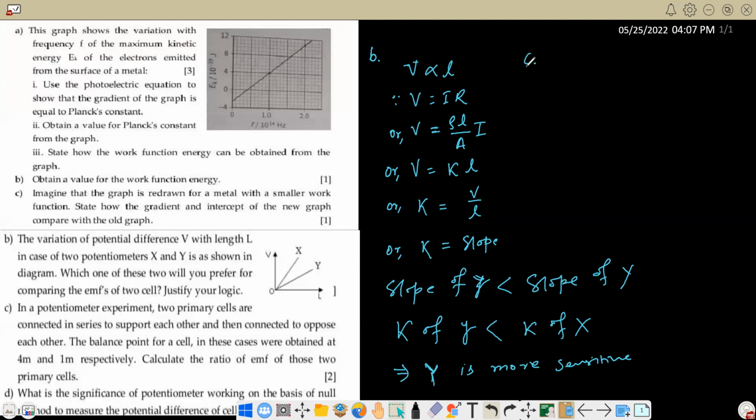ओके, लेट अस मूव अन टु क्वेशन नम्बर C. In potentiometer experiment, two primary cells are connected in a series to support each other and then connected to oppose each other. Okay, the balance point in a cell in these cases were obtained at 4 meter and 1 meter respectively. Calculate the ratio of EMF of the two primary cells. Okay, so यहाँनिर अब हामीले यही पोटेन्शियोमिटरको प्रिन्सिपललाई युटिलाइज गरेर क्याल्कुलेट गर्छौं।